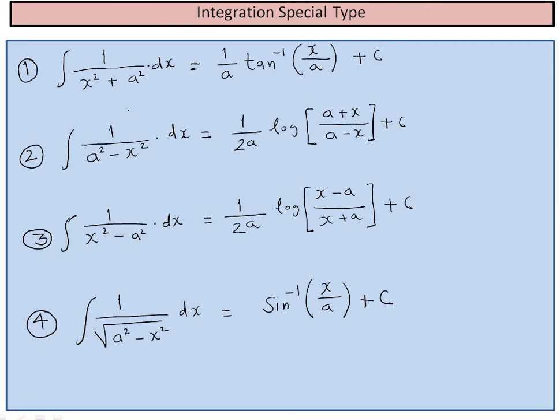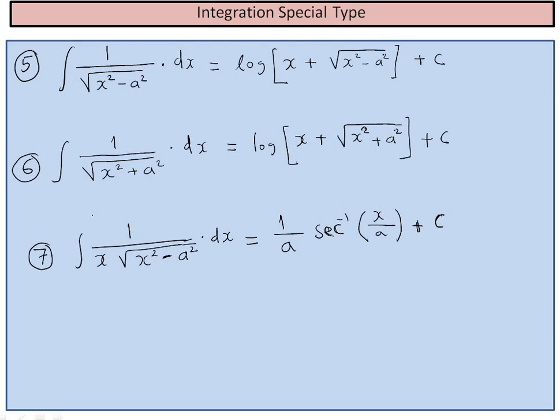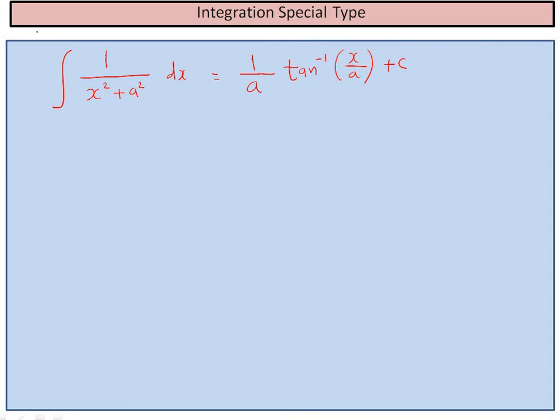Which are the formulae? These are the 4 formulae. We are going to prove formula number 1 and formula number 2 in this video, and thereafter you can also see the next videos for the remaining derivations. So totally there are 7 formulae. समझ गए बच्चों? चलो, we have to prove this.